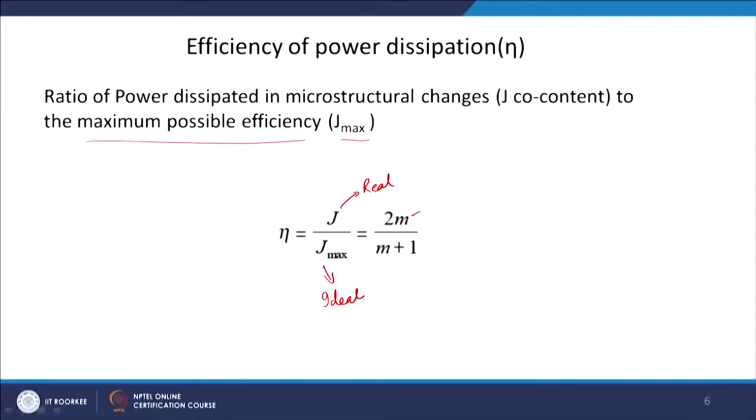Because all these high efficiency regions are the regions where all the good microstructural changes take place, for example, dynamic recrystallization, dynamic recovery and so on. Okay. So, all these desirable microstructural changes take place where you have higher efficiency. Okay. So, that is what we are looking for here, and it is simply dependent on the strain rate sensitivity. So, only one material parameter, the strain rate sensitivity of the material. Okay. So, if strain rate sensitivity is going to be high, then obviously I will have higher efficiency.